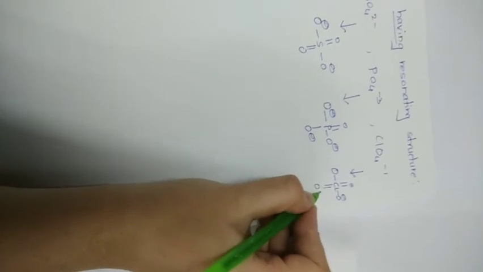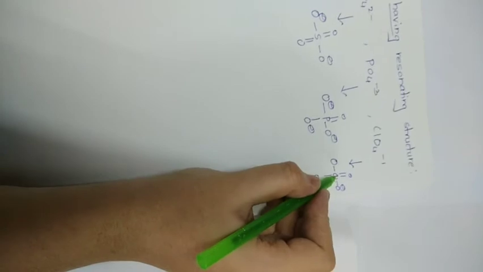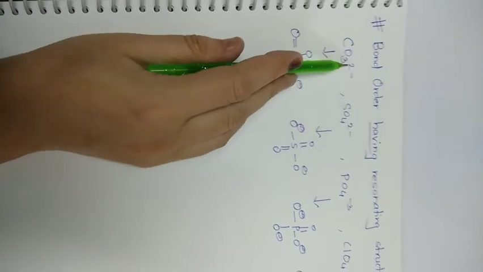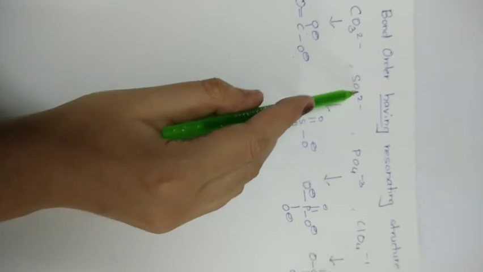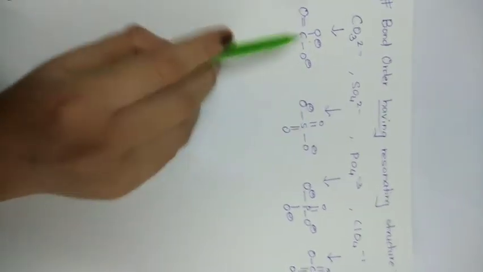double bond O. Okay. Here, very important, you can see it is fully satisfied: minus 2 is present here, and here you can see the two negative symbols. Similarly, here also SO4 minus 2 is satisfied. So the resonating structure is very important.